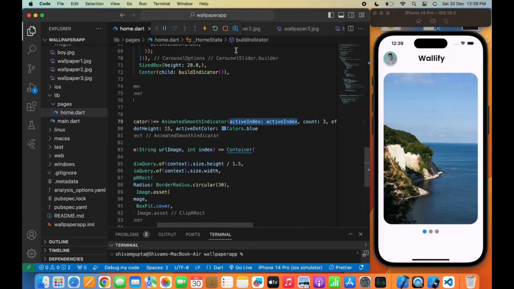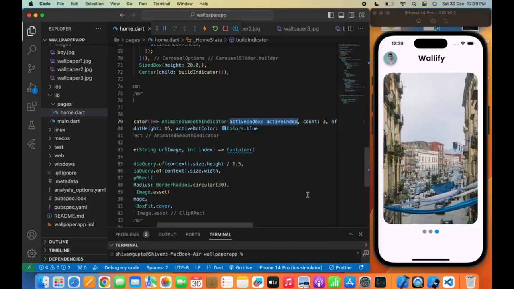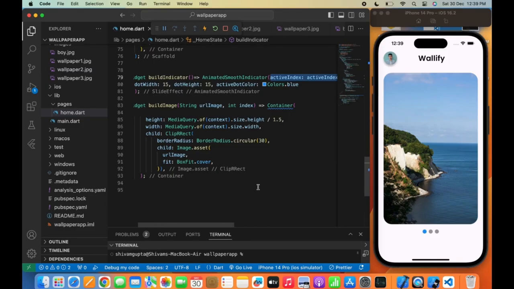So we'll use setState to frequently update the active index according to the index of the carousel slider. For example, if the index of the carousel slider is 1, then it will update the active index to 1, and the active index will help us move the indicator from one dot to another. Now let's hot restart it again, and here you can see that after moving to the second wallpaper, our dot indicator moves automatically with the help of the active index,